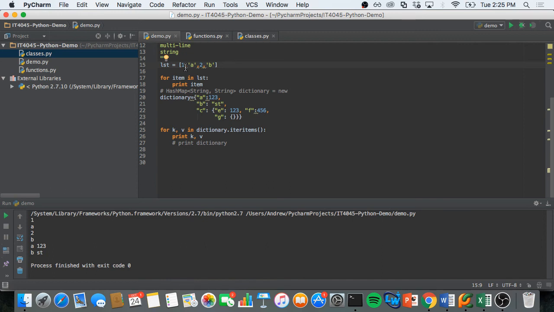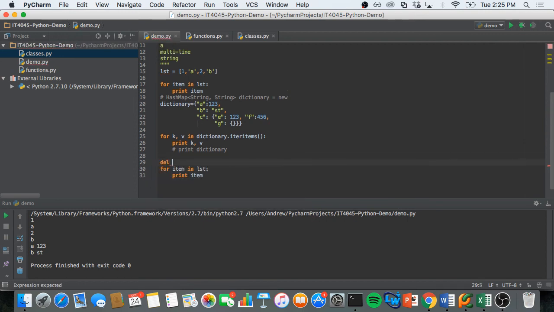So that's right. The biggest difference between a list and a tuple: with a list, I can actually delete items out of it. I can add and I can delete, right? So I can come in here and I can say delete lst at index -1. Another cool thing about Python, I can reverse traverse lists. Index 0 in this list is 1, but if I do -1,